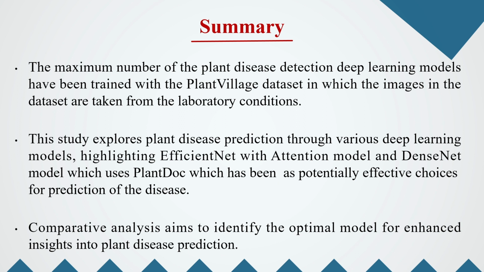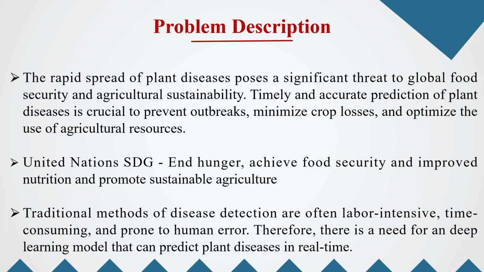The study explores plant disease prediction through various deep learning models, highlighting the EfficientNet and the DenseNet models, which use the plant dataset, as potentially effective choices for the prediction of diseases. There is a rapid spread of plant diseases, which poses a significant threat to global food security and agricultural sustainability. Timely and accurate prediction of plant diseases is crucial to prevent outbreaks, minimize crop loss and optimize the